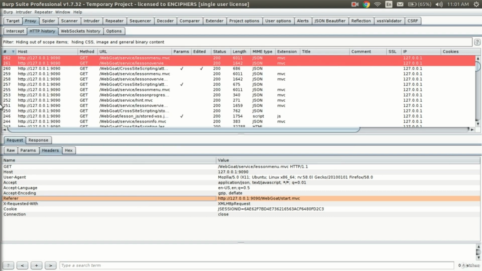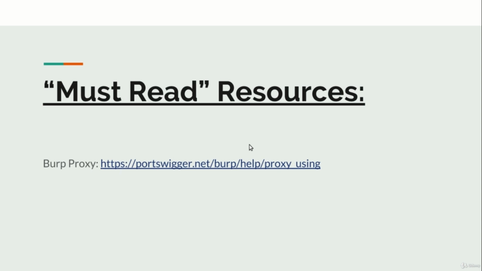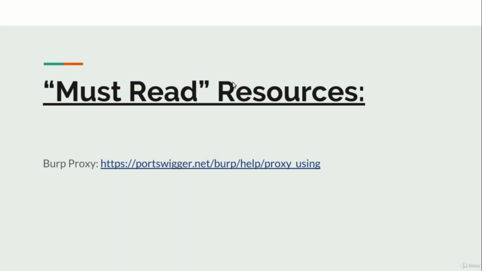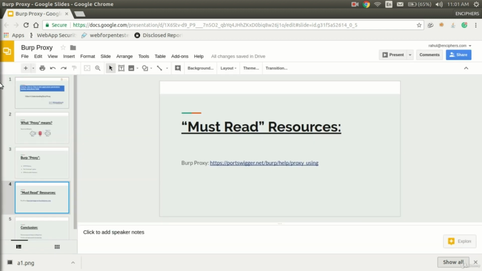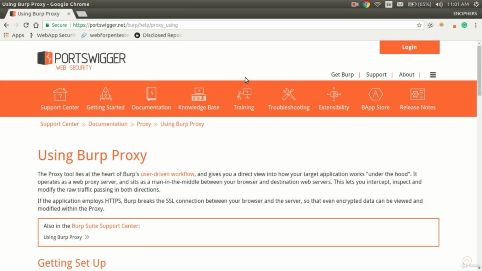So let's get back to the slide. These are the must-read resources. This is also from PortSwigger, and if I see, this is the Burp proxy.